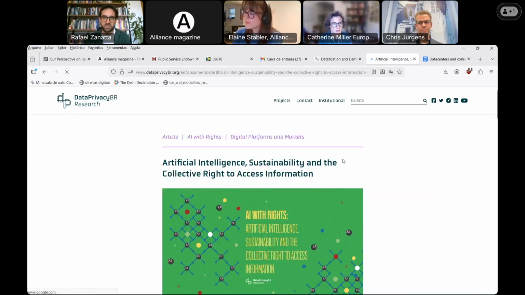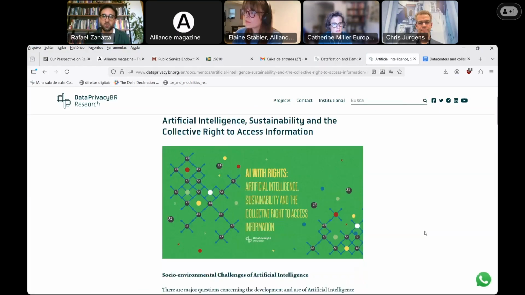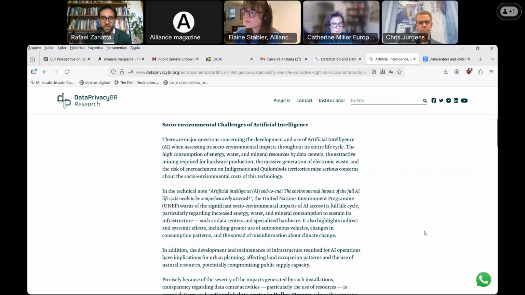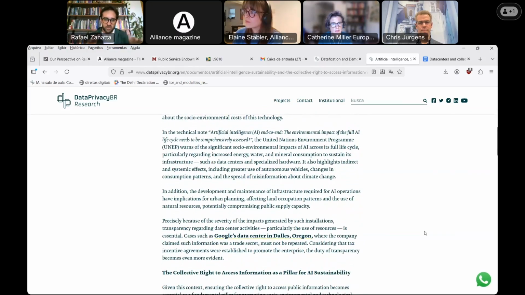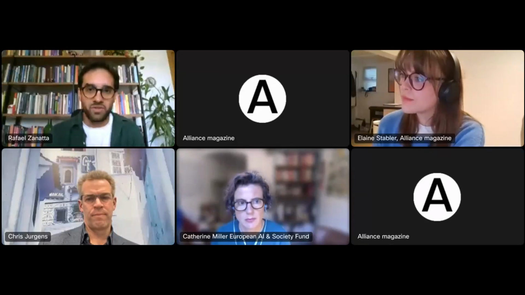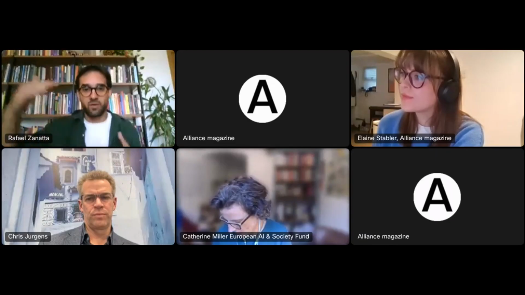And this is very influenced by the work that Brazil has done with the Escazú Agreement, which is a regional agreement for access to justice and access to information, in which we defend that projects that provide tax incentives for data centers or support data centers in Brazil should be balanced by a very clear approach on collective rights to access to information on the use of energy, water, and mineral consumption on those projects. So collectives themselves, the communities, should have the power to access information about environmental issues directly with those companies.